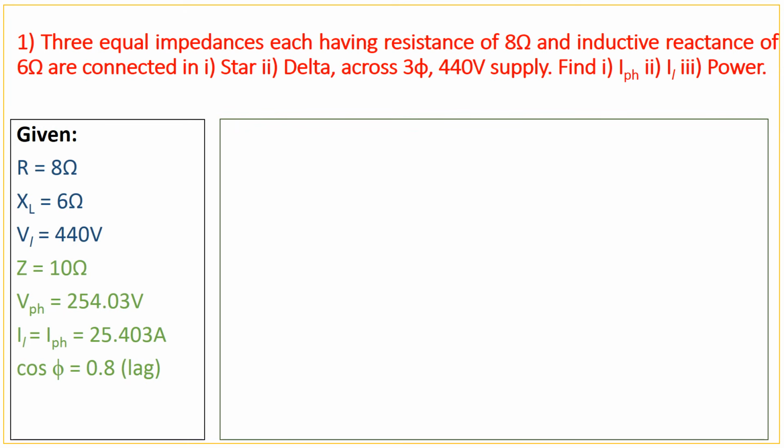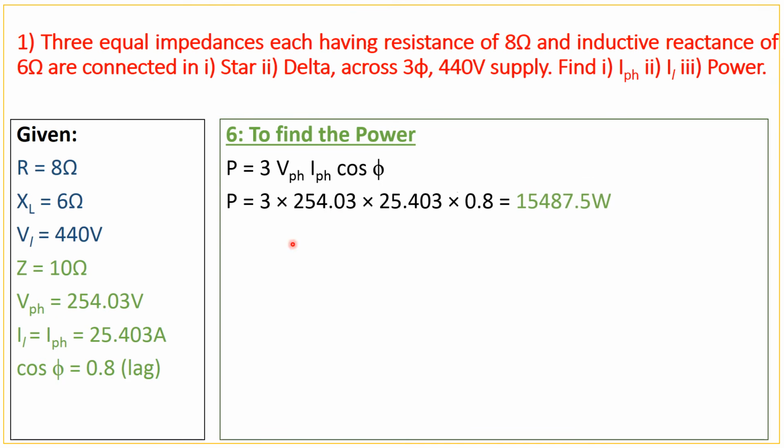And finally we must find the power. So I can find the power using two formulas, 3 V phase I phase cos phi, or root 3 VL IL cos phi. So let me use the formula 3 V phase I phase cos phi. So V phase is 254.03, I phase is 25.403, and cos phi is 0.8. So substituting the values, I will get